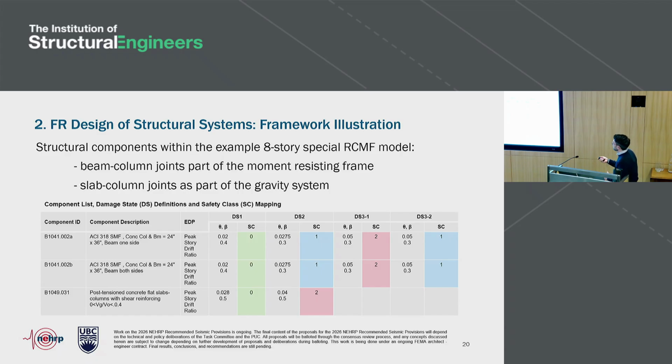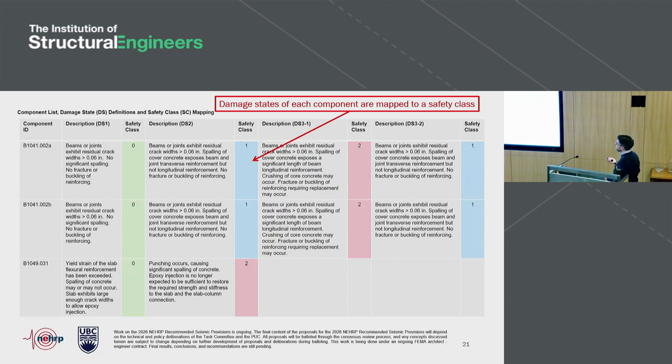So what I want to recognize here is that there are different damage states for these components, right? And we have fragility data for each one of them. But what's important is the mapping to this SC, or safety class, which is what we need for the analysis of that fault tree that I previously introduced. And of course, when making this decision, you want more than just those variables. You want to make sure that for each one of these damage states, you have a detailed description of the damage that's described in that fragility function, because that's what you're going to use to do that mapping exercise from a damage state descriptor and an associated repair to a safety class, which is what will really influence the outcomes of this analysis.